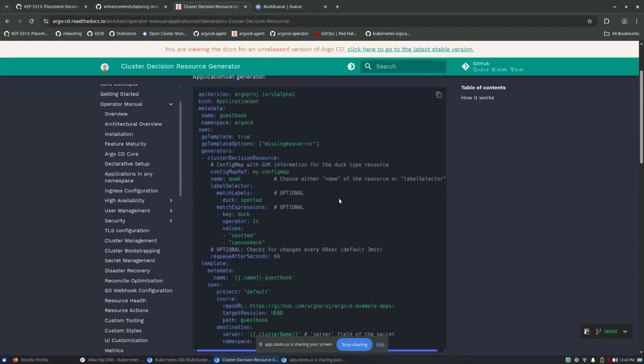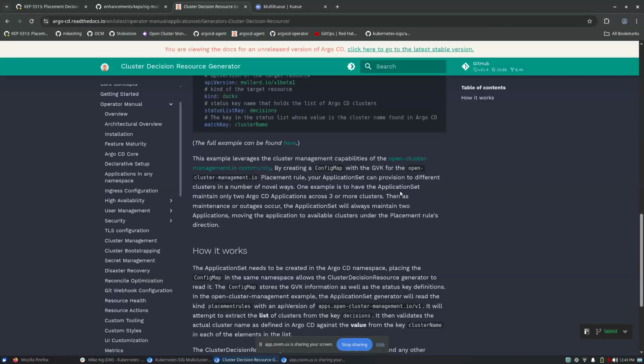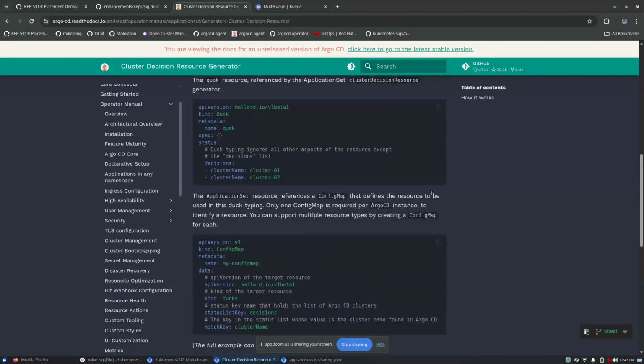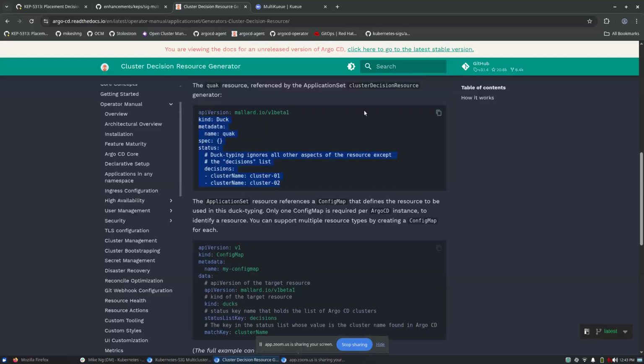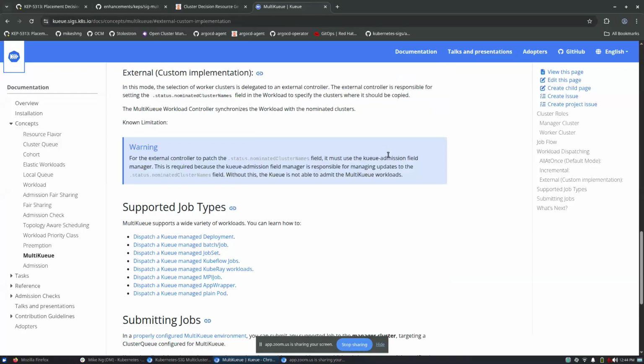Yeah, and if we have a common scheduling decision API, and we can implement that, then it can be interchangeable. Every other multi-cluster project that outputs this API will be able to integrate with multi-queue or Argo CD without any extra work. As far as I know, that seems to be possible with this API, and they don't need to know the workload. If you look at those APIs, they don't have the workload side defined at all.